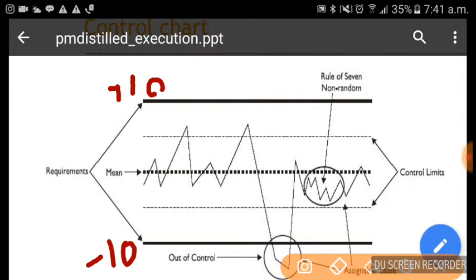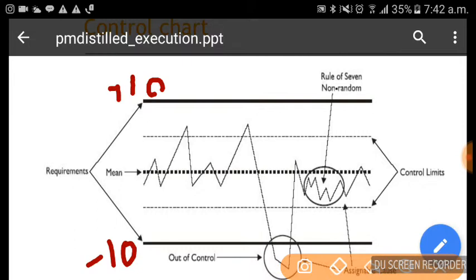Will we take the order or not? That is the question. If my organizational capability is within this customer specification limit, then I can always go and take it.